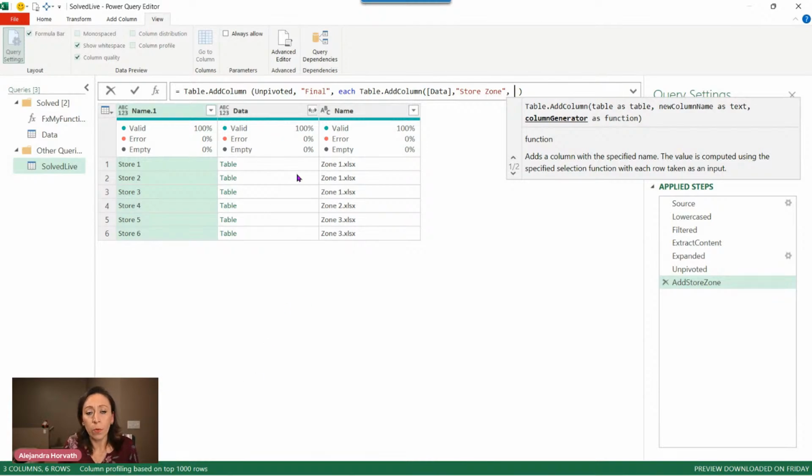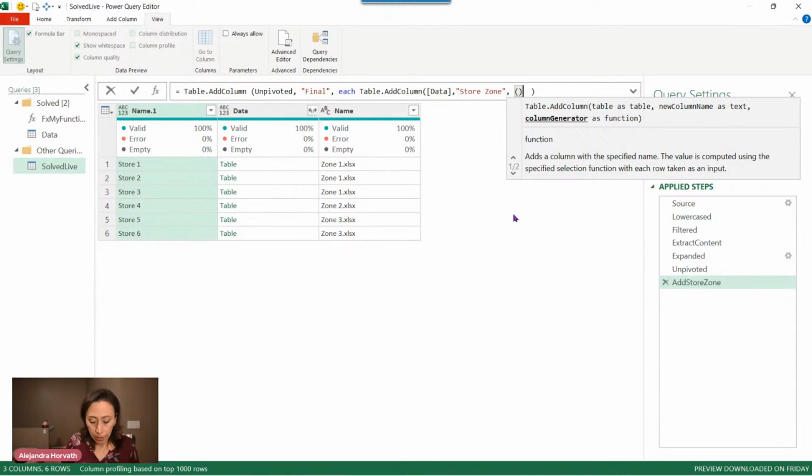When I tell Power Query that I want to add a column with information from one column in specific, if I use the each keyword, then it will look for the columns that are in the same environment. And of course, the column name.1 and column name are not included in the table inside of the data column, okay? For that reason, I need to use